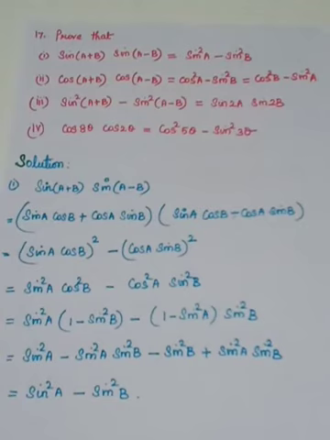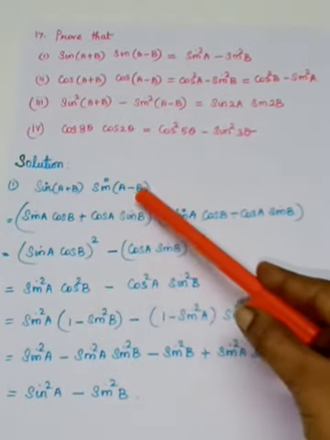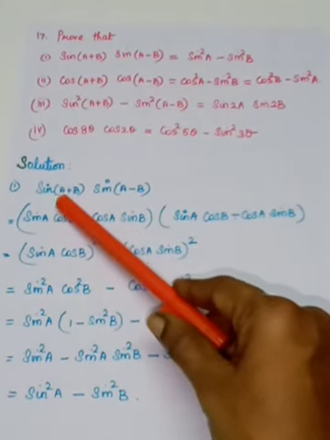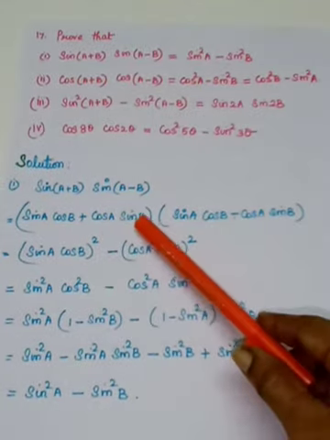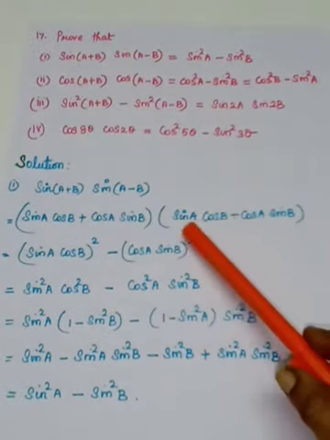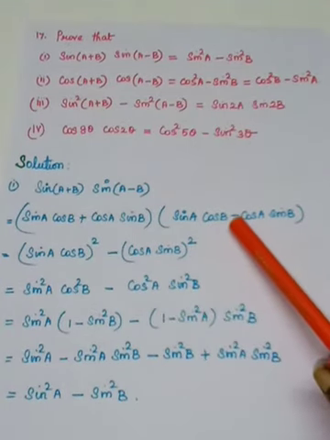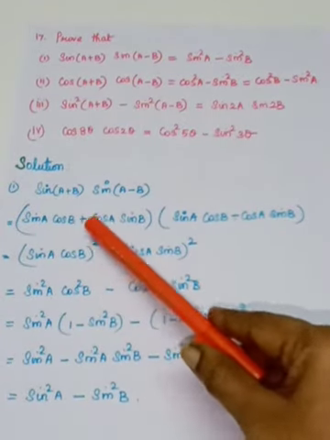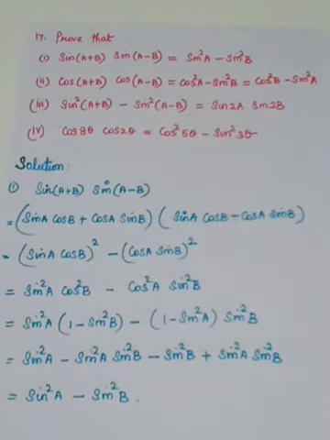So these two subdivisions you have to learn as a formula. We'll see the proof of the first subdivision. So what we have to multiply? Sin(a plus b) into sin(a minus b). Here I am using the trigonometry identity. Sin(a plus b) is sin a cos b plus cos a sin b, into sin(a minus b), sin a cos b minus cos a sin b. Here you are having plus, here you are having minus. So both have to be multiplied. It is in the form of a plus b into a minus b. So what is a plus b into a minus b? The formula is a squared minus b squared.